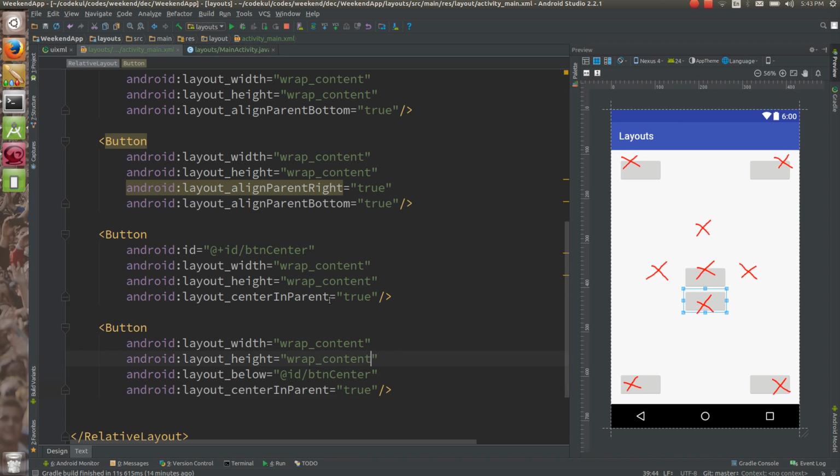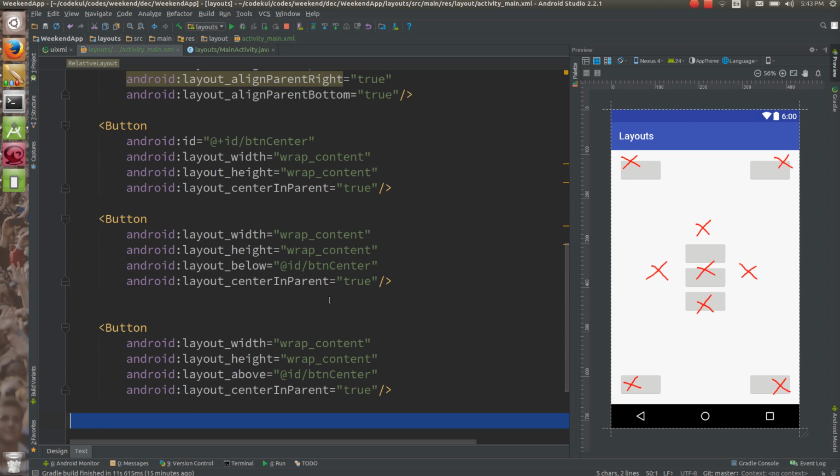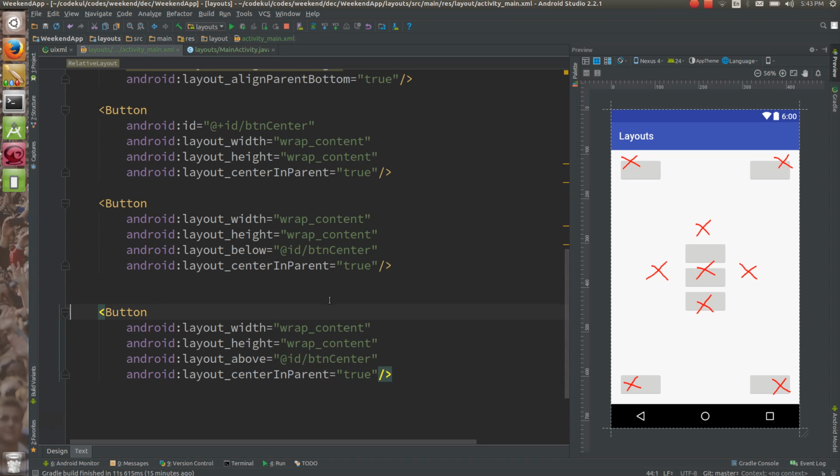Okay. Similarly, what I'm going to do is this: wrap content, instead of below, I can say above. Right? Again, let me copy this button over here, and instead of above and below, I can say left and right, like this.